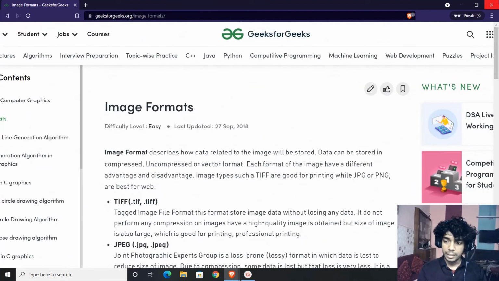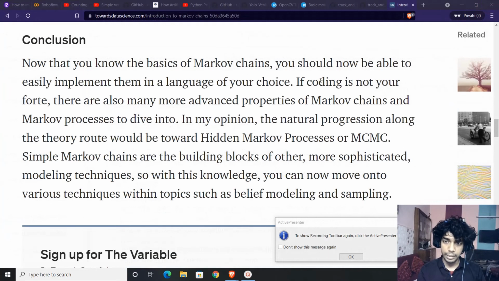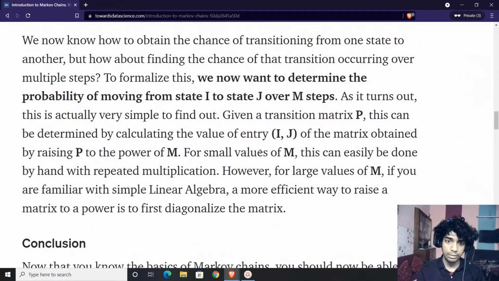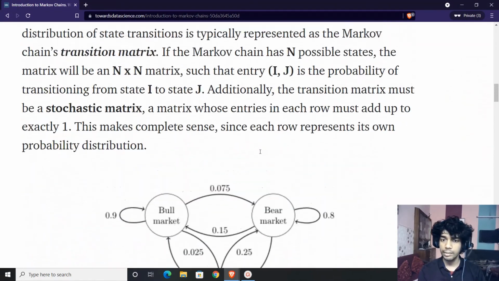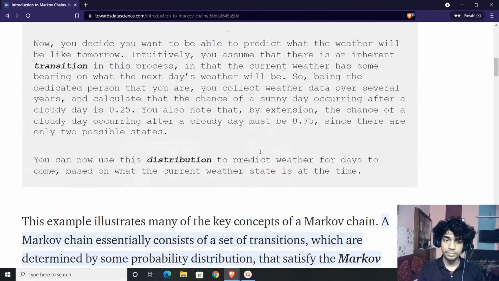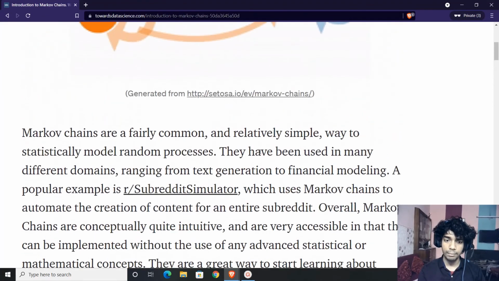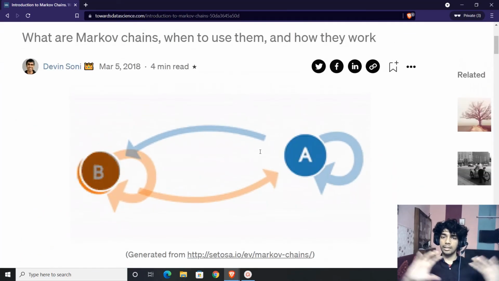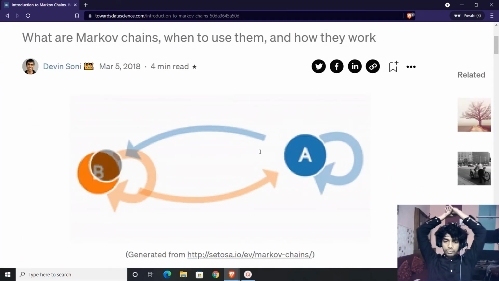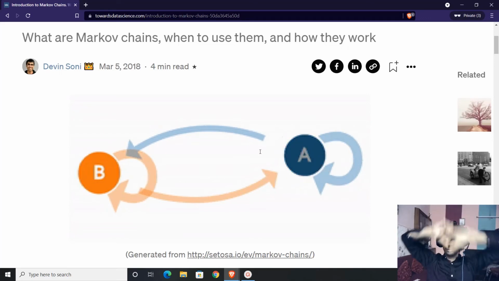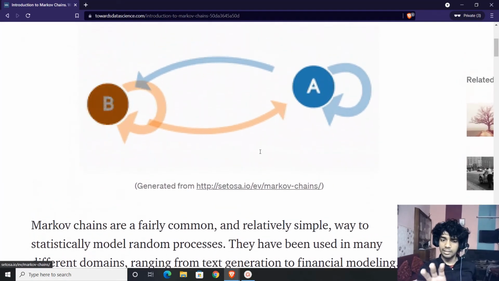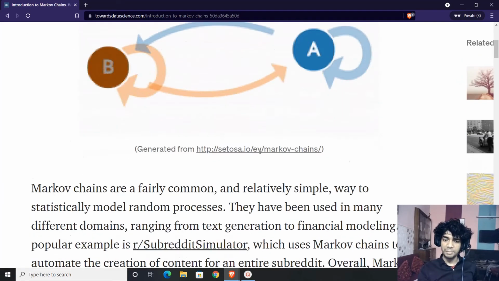The last topic of the day would be understanding Markov. This article was kind of good for an introductory aspect. So what does it talk about? This is the diagram you will always observe in the case of Markov chains. If you're dealing with Markov chains, this is a very common diagram that you will be observing.